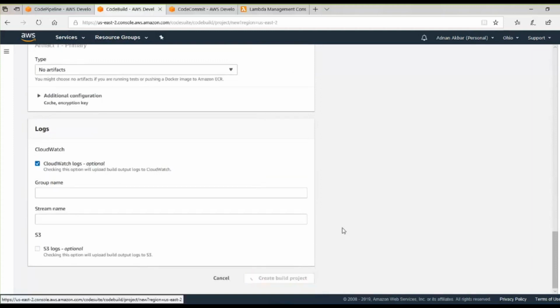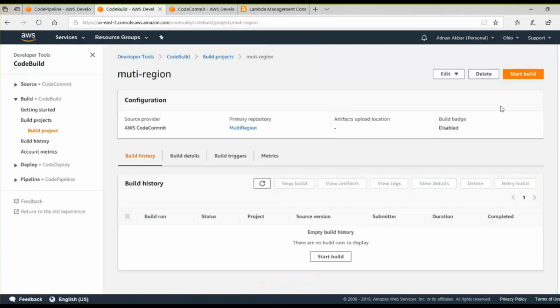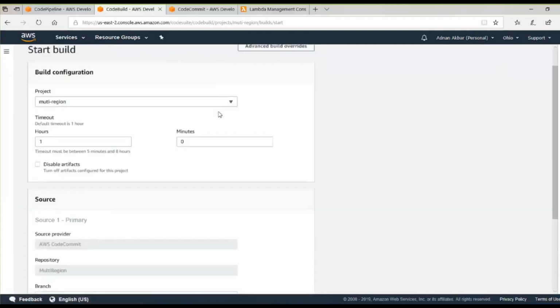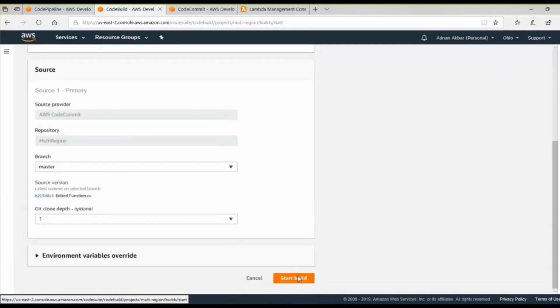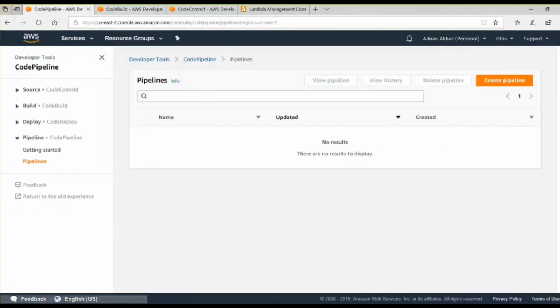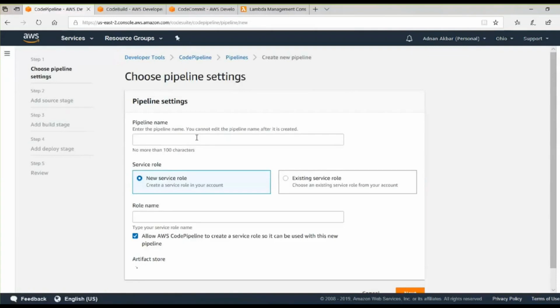So if I create build project, and while it's creating it, I'll start the build just to make sure that it's building fine. Okay, while it's building, I'll go ahead and start creating a pipeline. So under the Ohio region, I'm creating a pipeline. Name it as